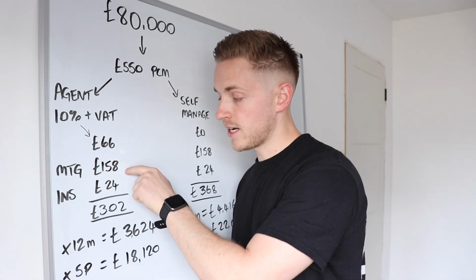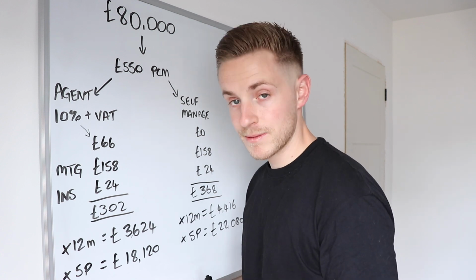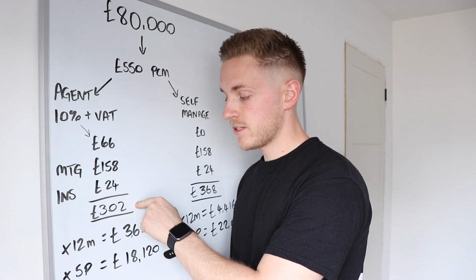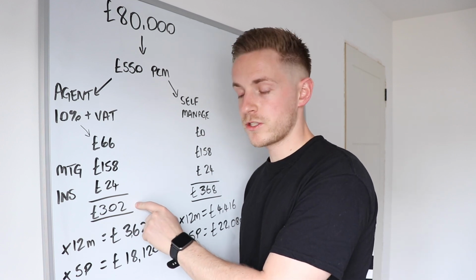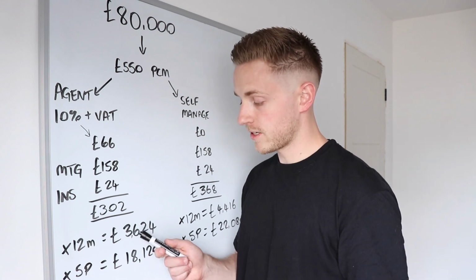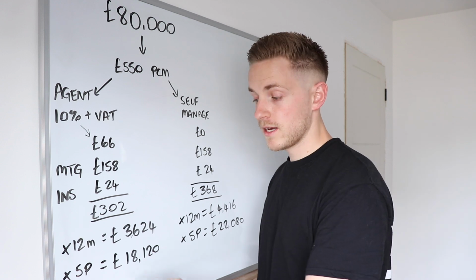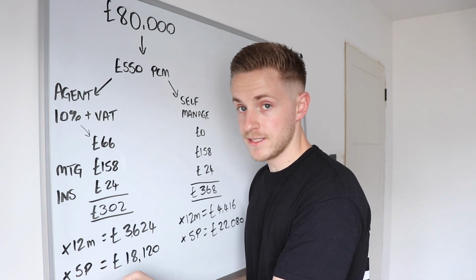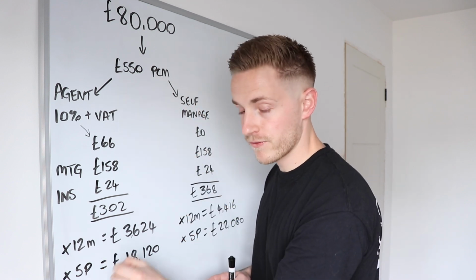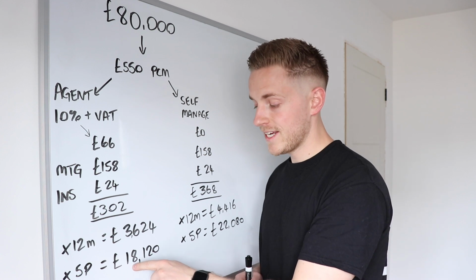The mortgage is £158, interest only, at 3.2% for a limited company. And the insurance is £24, giving us a total profit of £302 per month. Over 12 months, that gives us £3,624. And then if we had 5 properties, assuming all at the same value, the same rent, 5 of those properties over 12 months would produce